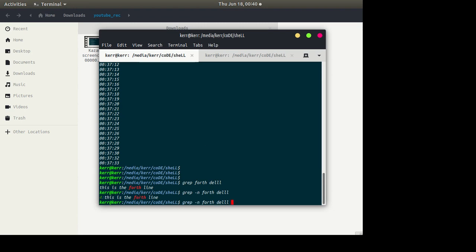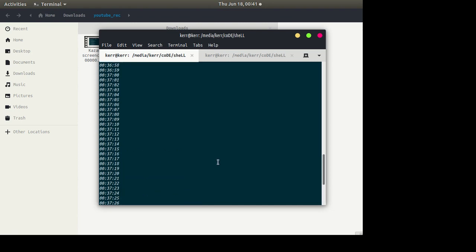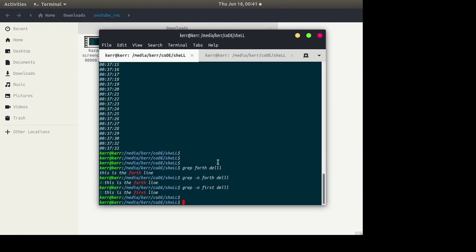Let's say you want to find another pattern, first. That will show you that the line number is 1. So the first line contains that pattern. And by using the -c option, it will show the number of lines that contain that pattern.